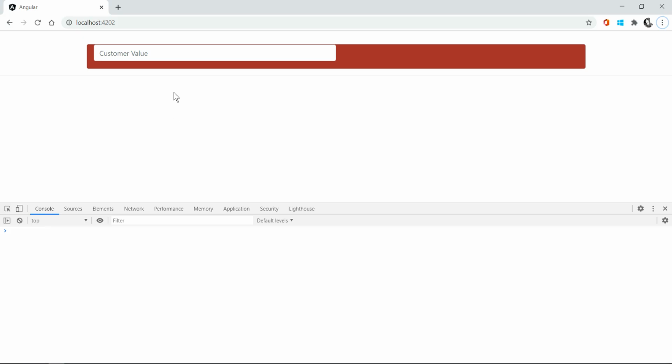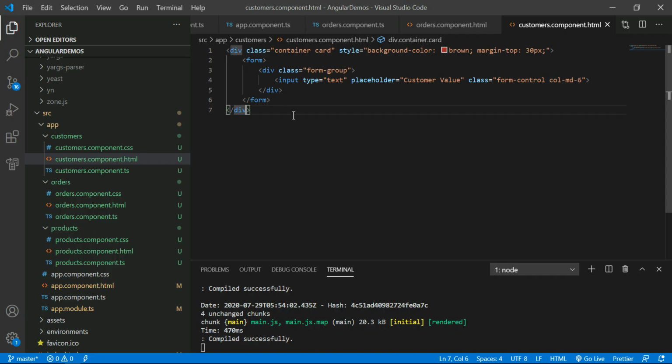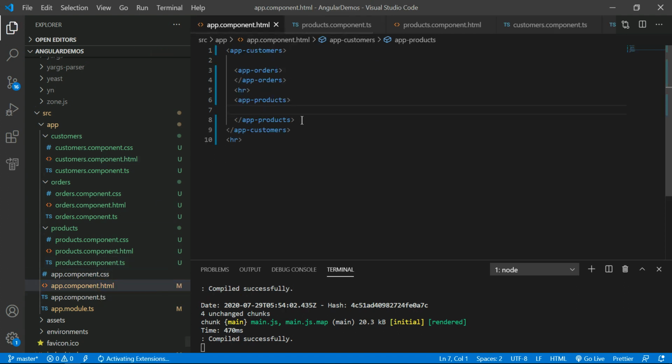So I need a solution to see the orders and products at the customers level also. For that we have to use ng-content here. What is the use of ng-content? You can inject whatever content there is. This is called the content.